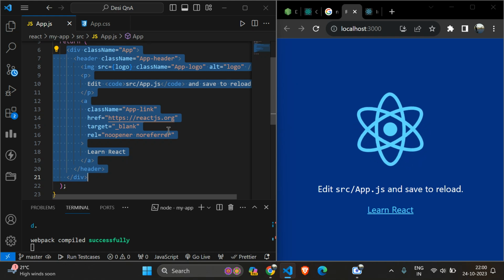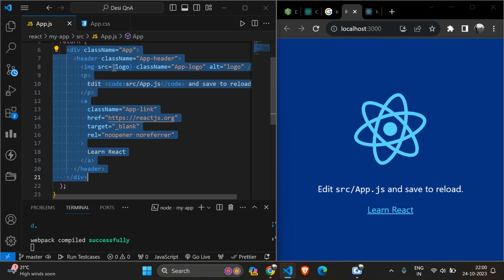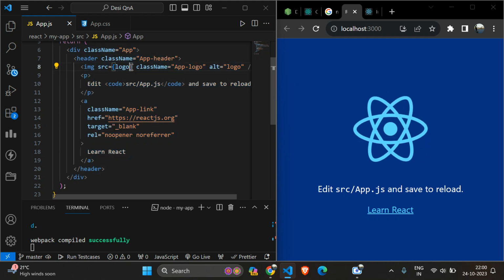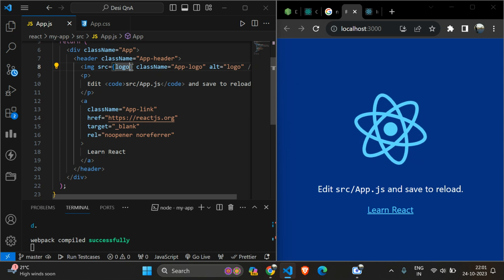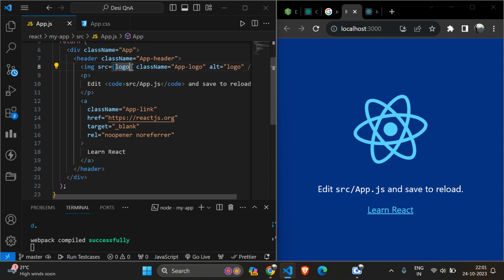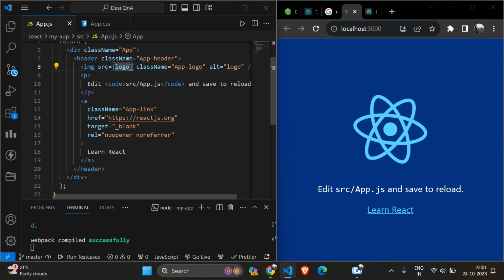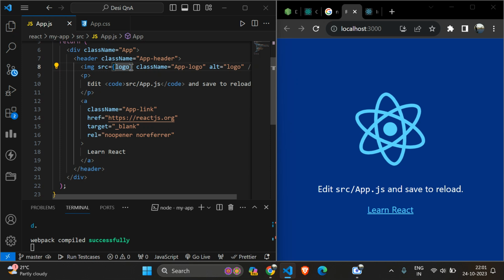It permits the incorporation of expressions, or we can say some JavaScript variables. Here you can see this logo variable, whatever it is, we have written it over here, right? So variables and some logic directly into your user interfaces,